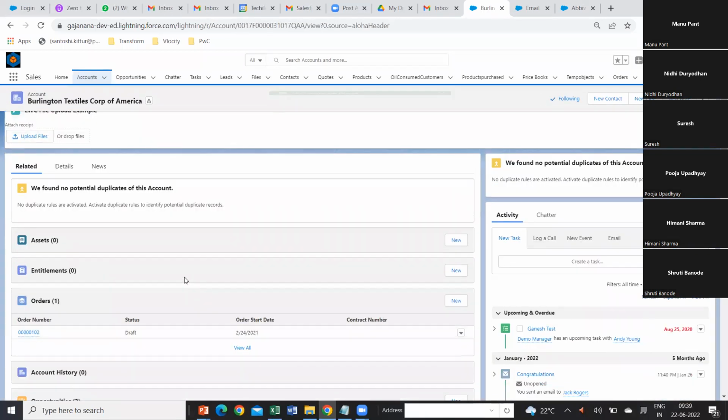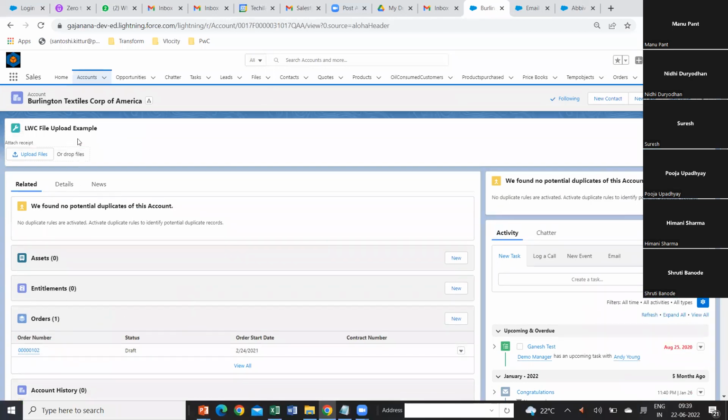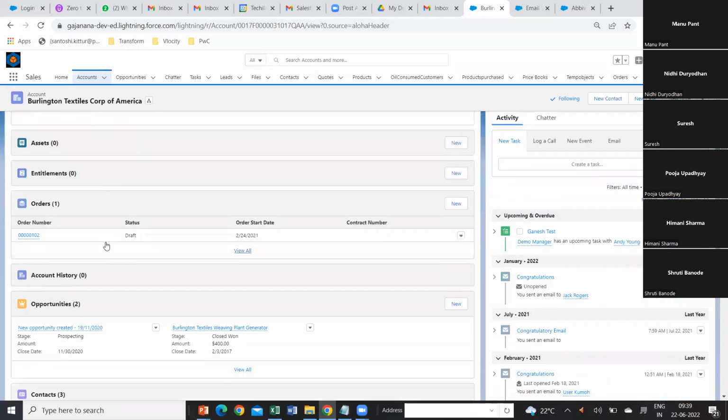If you take a look at it, you can see that this Burlington account is related to an order. There is one order related to this Burlington account, and there are two opportunities related to the Burlington account. Does it make sense, guys? Are you getting what is related? Yes. Right? We'll talk about this; it all comes through the relationship in the database,